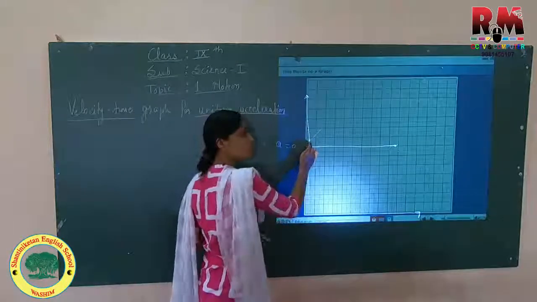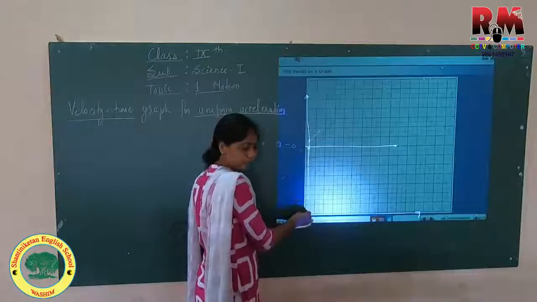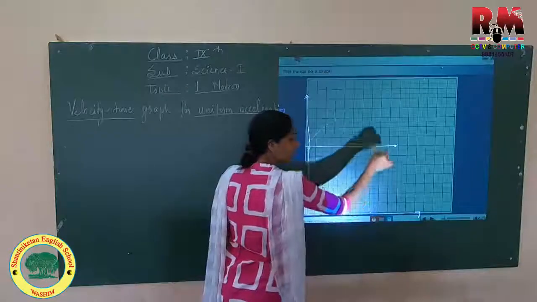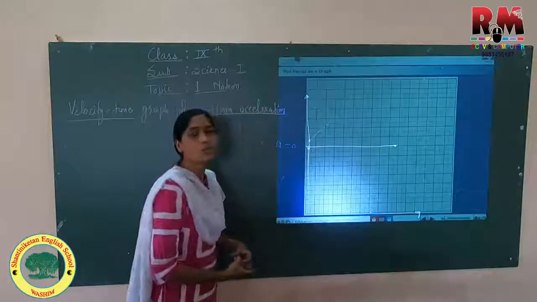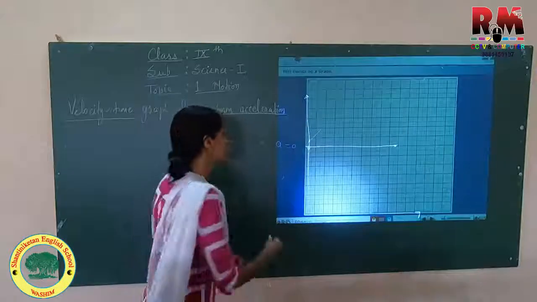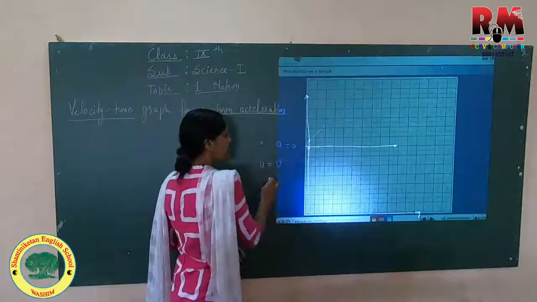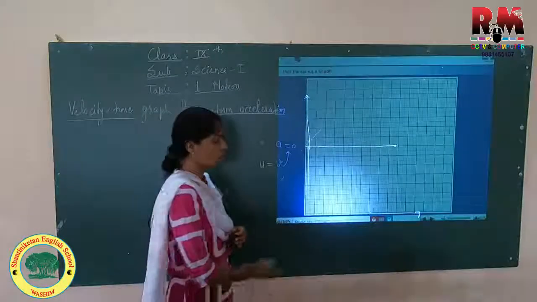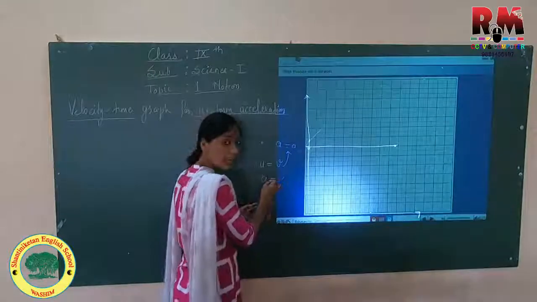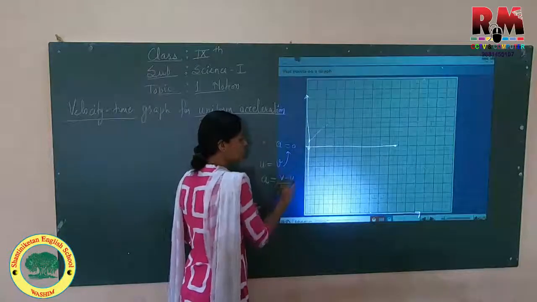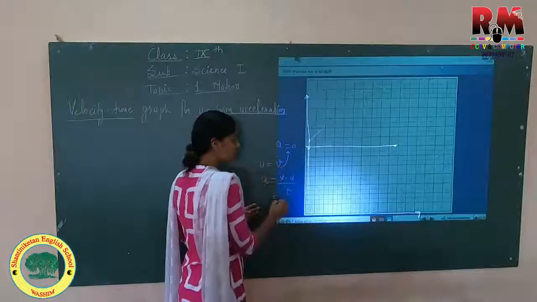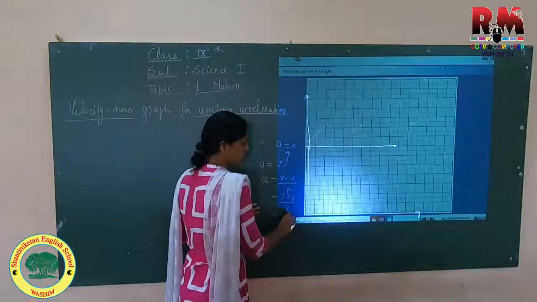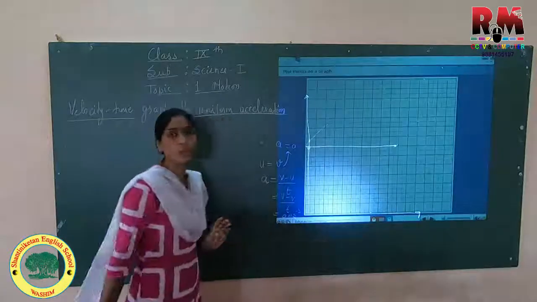It is 75 km per hour at the first hour also. Second hour also it was how much? 75 km per hour. Third hour also it was 75 km per hour. So initial velocity and final velocity are the same. And whenever initial velocity and final velocity are the same, acceleration is equal to 0, because we have already studied acceleration is equal to change in velocity upon time. So it is the same, U is equal to V. So hence it comes 0 meter per second square.